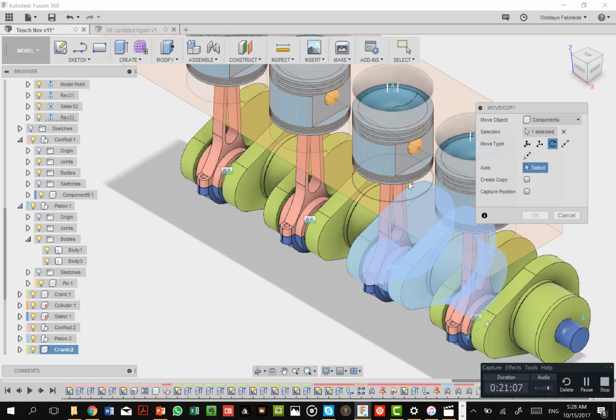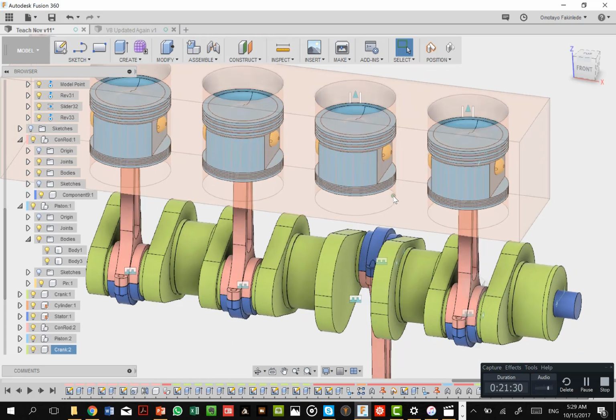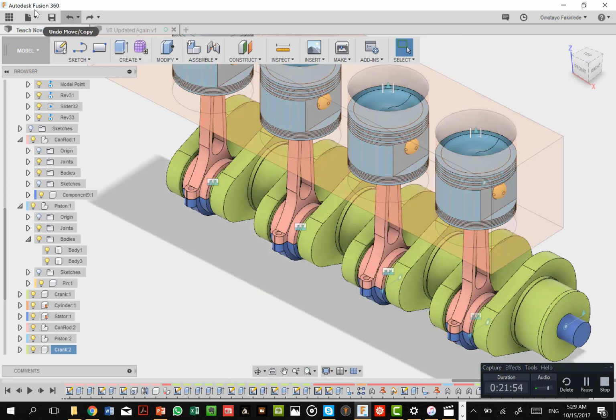But before we do that, we have to select the axis. In this case, the axis is the axis of the crankshaft. So this is the axis of the crankshaft, and the degrees is 180. So again, if we look very carefully, okay, we have a problem. It left the connecting rod behind, and that means that we have not connected the connecting rod to the pin of the crankshaft. Remember, because these two connections, we have to first of all undo that motion, and